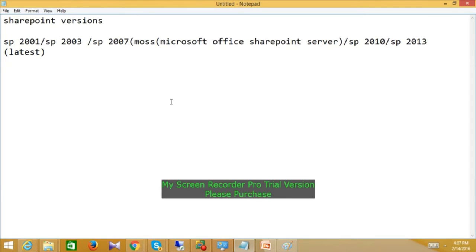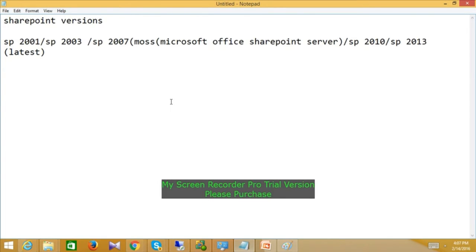In order to learn SharePoint 2013, am I required to have knowledge of SharePoint 2010? No, not required. I will take care of it. SharePoint 2010 is a replica of 2013, with additional features added. If it is a new version, they are adding additional features, but the concept is the same. Okay, the concept is most important.